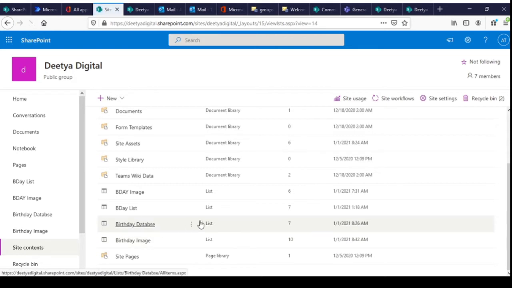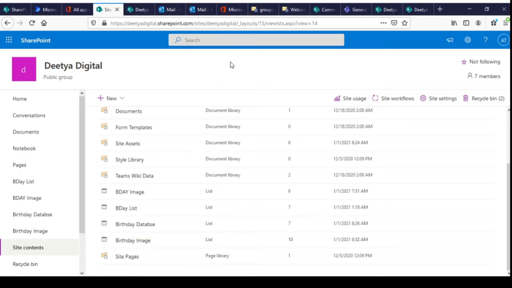It has the birthday records along with employee ID, employee name, and email ID. So these are the most important fields we actually required in the SharePoint list. Birthday image list. This birthday image list is actually having the image database.